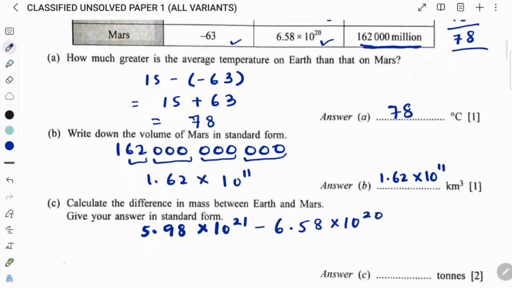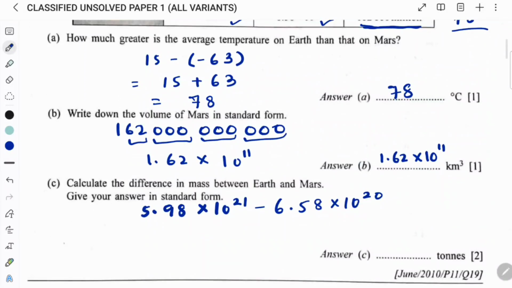So you can see right now I've explained to you that in a subtraction question you take the powers common, like we do in factorization. Between 21 and 20, 20 is the power common. Like for example, if you have a squared plus a, so a is common and a plus 1 is left. The same thing we are doing: whenever we take out the common, we take the smaller power common. So 10 to the power of 20 is common. Remember, we are not using the calculator.